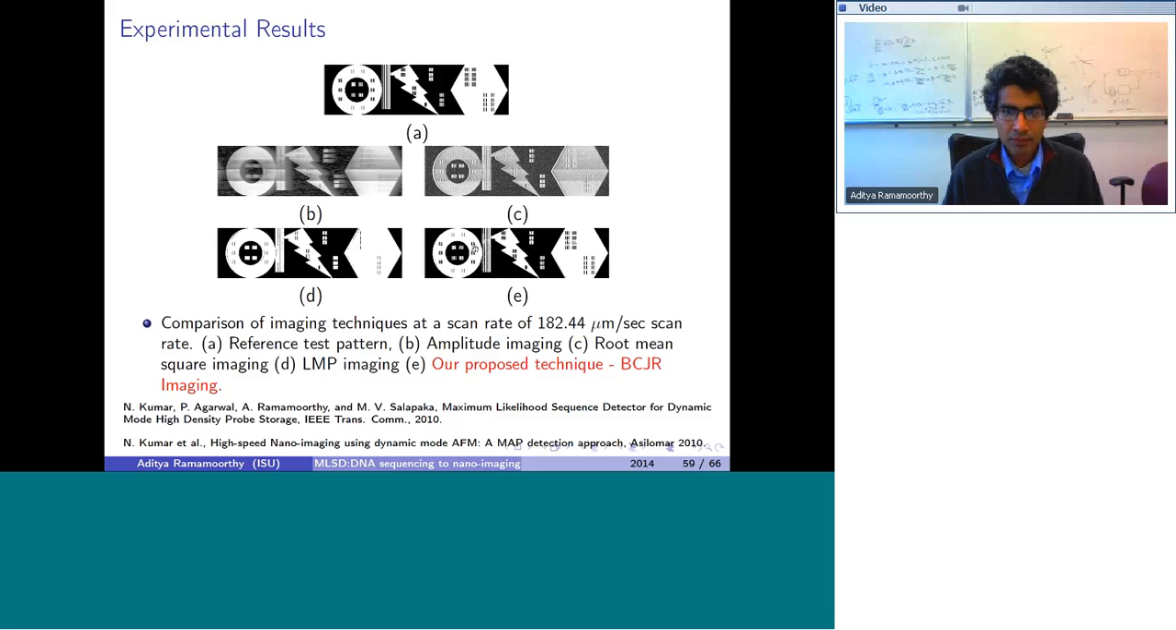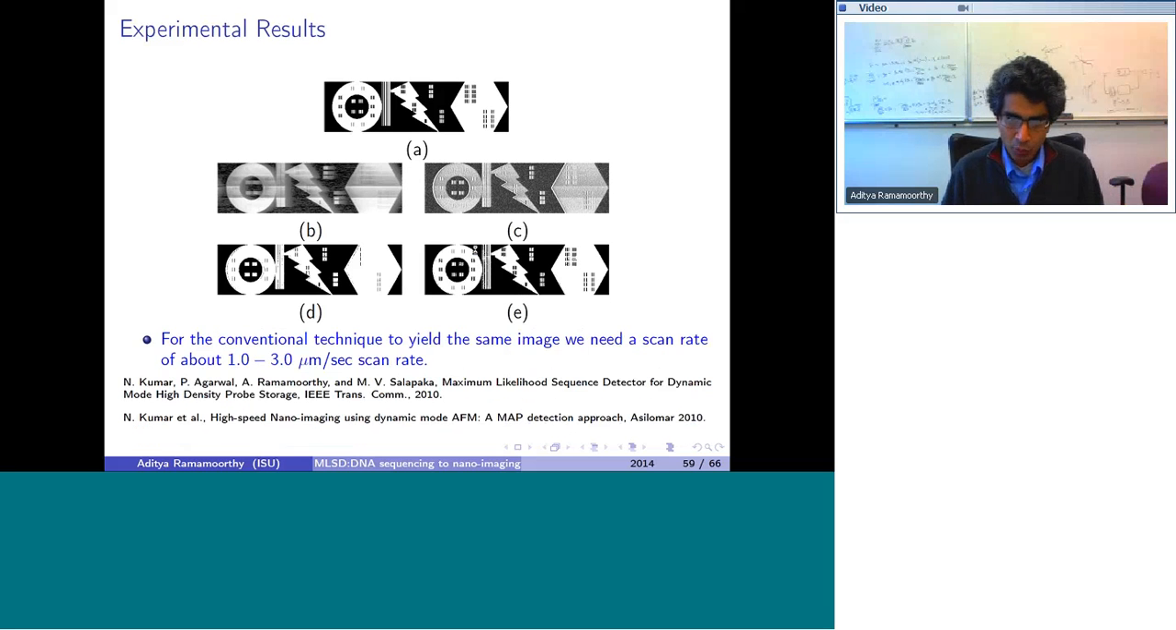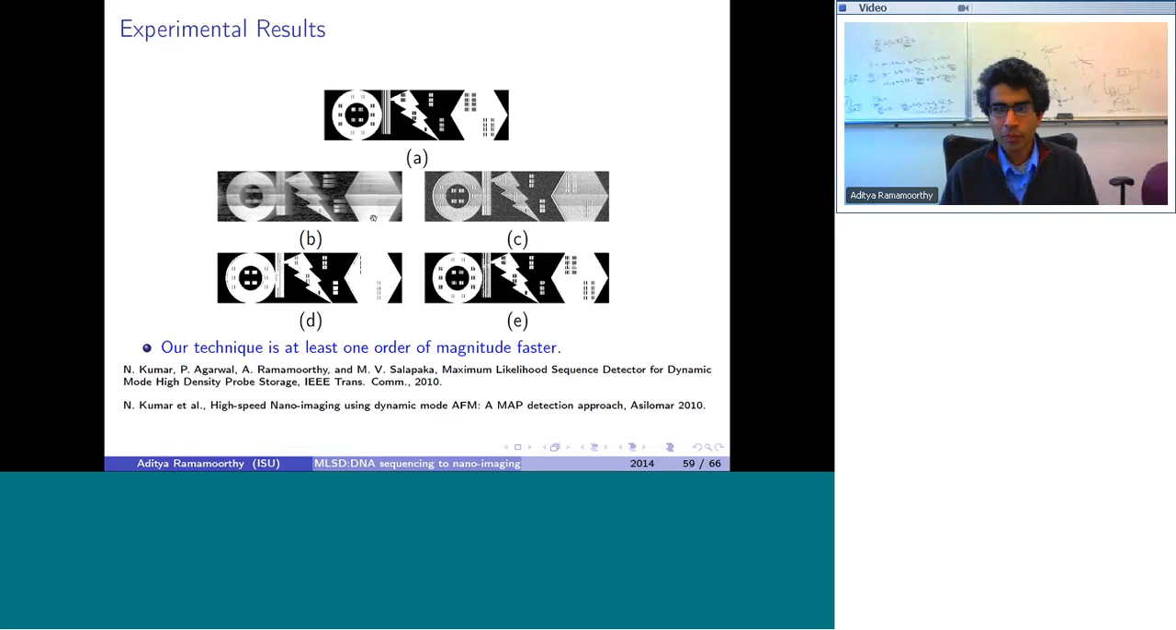Just to give you an idea, if you wanted this quality of an image using a conventional technique, let's say such as the amplitude imaging, you would need a lateral scan rate of at most about maybe 3 micrometers per second. So we are getting a speed up that is at least of an order of magnitude in this technique. Okay,